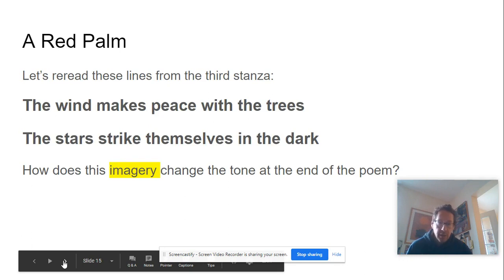And let's just take a look. This also will be on your work, so make that 40% of your work can be done correctly if you're watching this video. So let's reread these lines from the 3rd stanza. The wind makes peace with the trees, the stars strike themselves in the dark. How does this imagery change the tone at the end of the poem? Well, let's think about